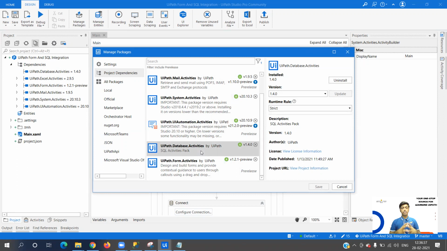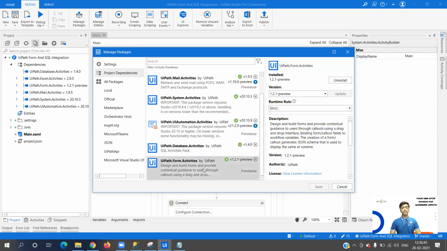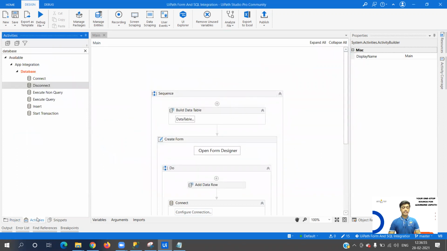This will give us the SQL activities that we require to establish the connection and to insert the data. And the second one is UiPath Form Activities, which we will use to create the UiPath form. So you simply need to install both of them. And now let's move ahead and create the form.